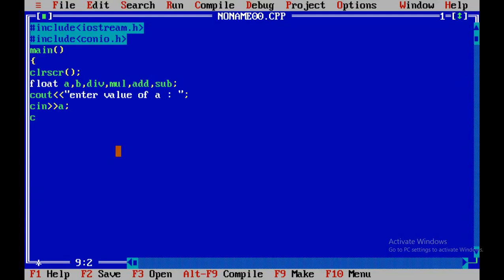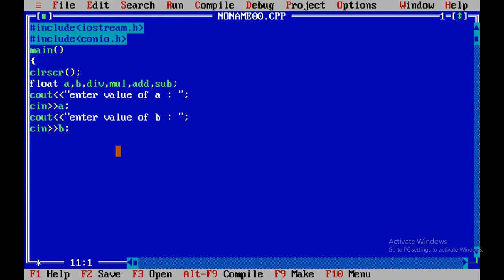Let me go to the next line. I'm going to enter the value of b: cout, same as for value of a, double quotations, enter value of b, double quotations, and you must put them, otherwise an error will be displayed during compilation. So cin, I'm going to enter the value of b. Once I have entered the values of a and b, I need the output of division, multiplication, addition and subtraction.